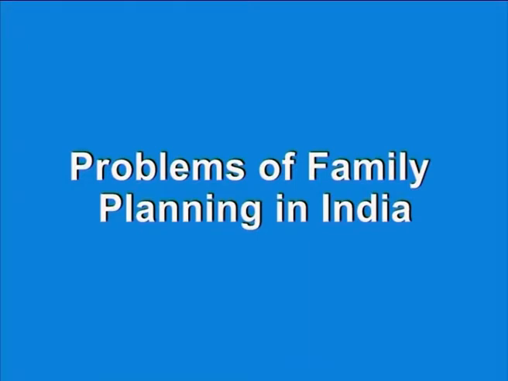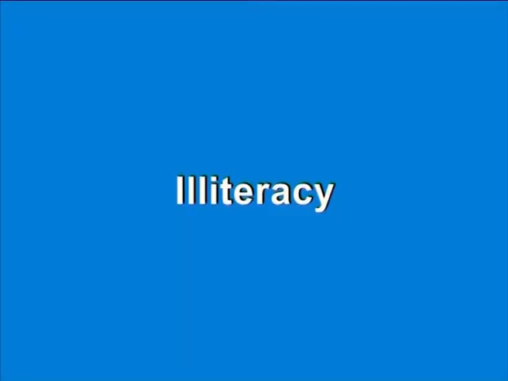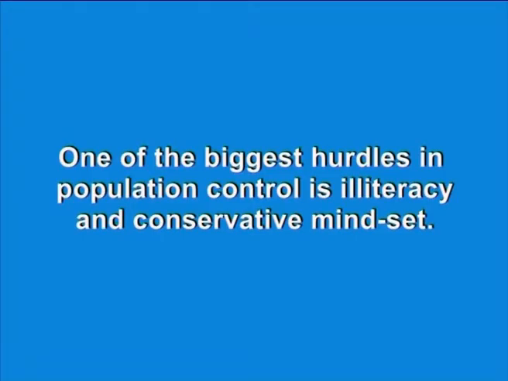Next is problems of family planning in India. There are so many problems or obstacles in the way of family planning program in India which cannot be ignored. Till now, only 48% of eligible couples are participating in this program. In short, the main problems in the way of family planning in India are: number 1, illiteracy. One of the biggest hurdles in the population control is illiteracy, and